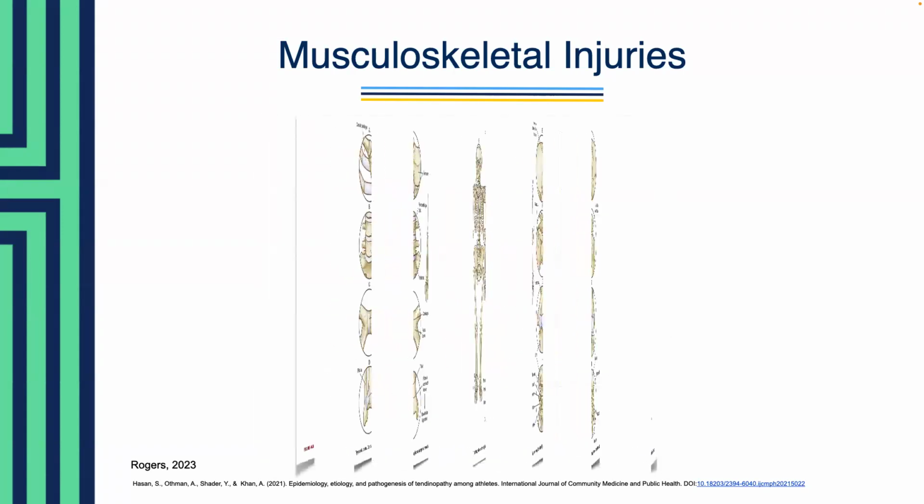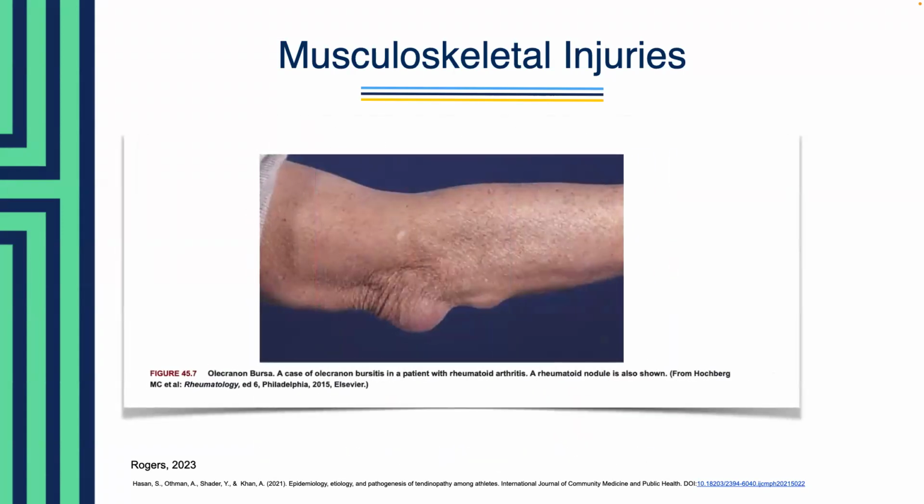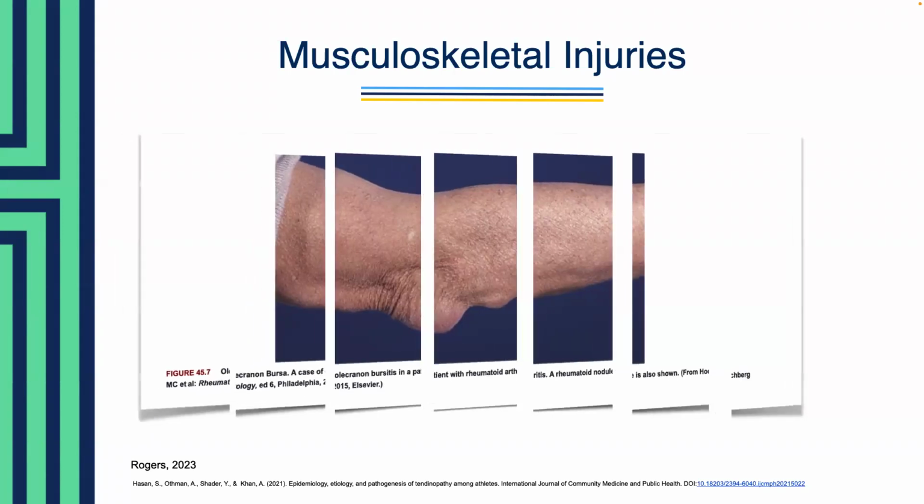This image in 45.7 shows our elbow and bursa in the olecranon, which is the elbow, which is that fluid-filled sac on the back of the elbow at the bony tip. So this acts as a cushion between the bone and tendons and skin. However, when bursitis occurs from that repetitive trauma or overuse, even infection, you may have pain, swelling, redness, and tenderness at this site. Now let's look at an image.